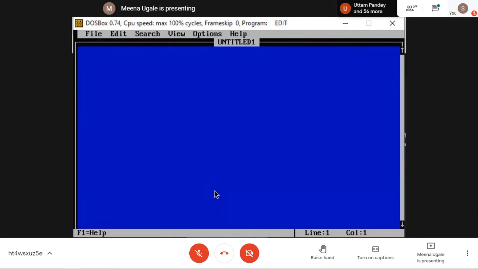Fine, see now from our list, the first experiment is for BCD addition. First, we will see how to apply this on 8-bit numbers, and then you try one program for addition of 16-bit numbers, which is the exact practical title or aim of our experiment. So first, we will go for addition of 8-bit BCD numbers.